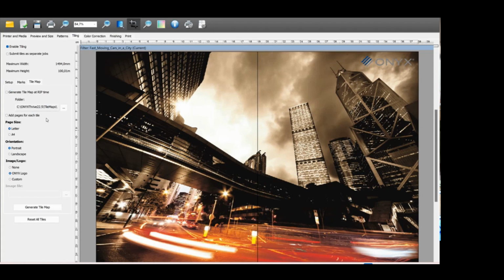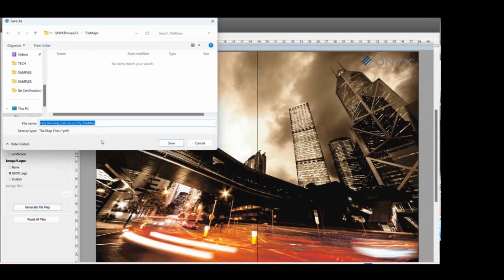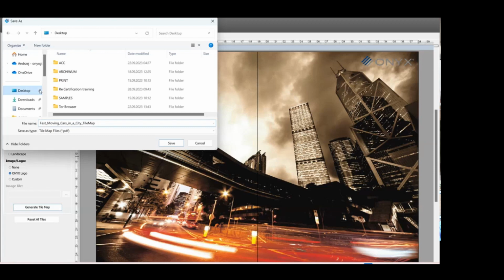What might be useful, especially if customers do billboard printing for employees or for a company which will apply it on the billboard, right? You can generate a tile map, letter size or A4, which will go to the RIP itself, and then once it fits, you print all the tiles. You can create a PDF. Let's save it here,